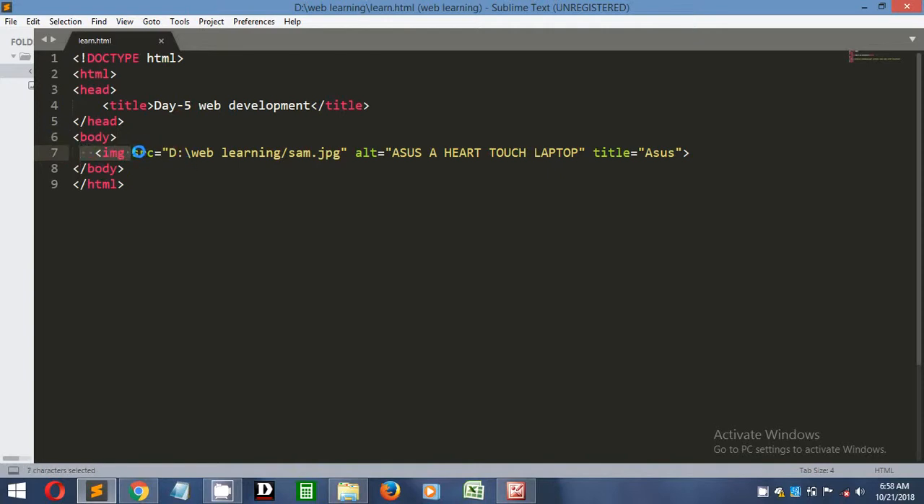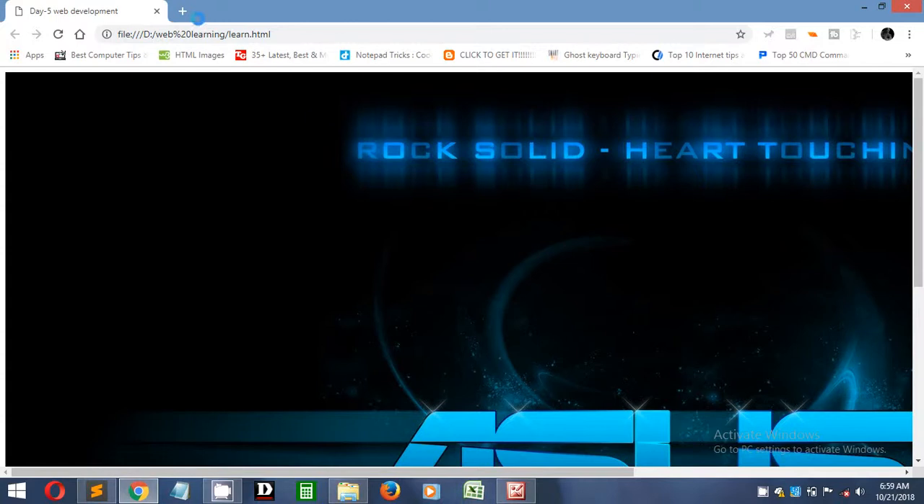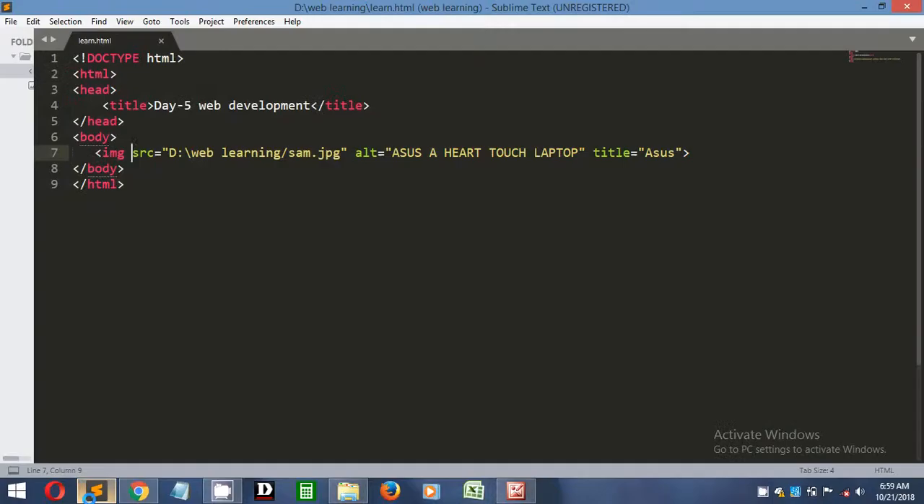And the second one is src. What is src? src means source, where you have put your images. For example, if you want to put an image on your web page from the internet, you have to put the link of that image, and that link is the source. Source means what is the source of your image, where the image came from. So here alt,